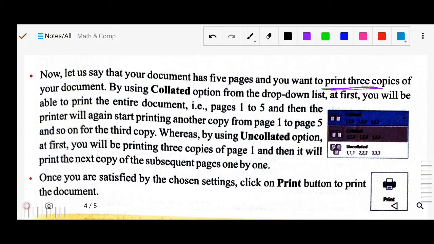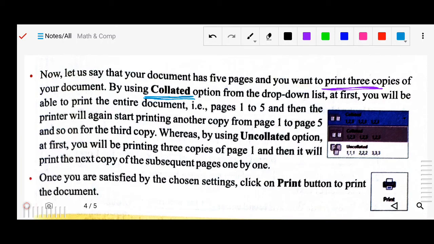By using the collated option, from the drop-down menu list, at first you will be able to print the entire document, 1 to 5, and then it will again start printing another copy of pages 1 to 5, and so on for the third copy. Means 3 copies, 1 to 5, 1 to 5, 1 to 5.